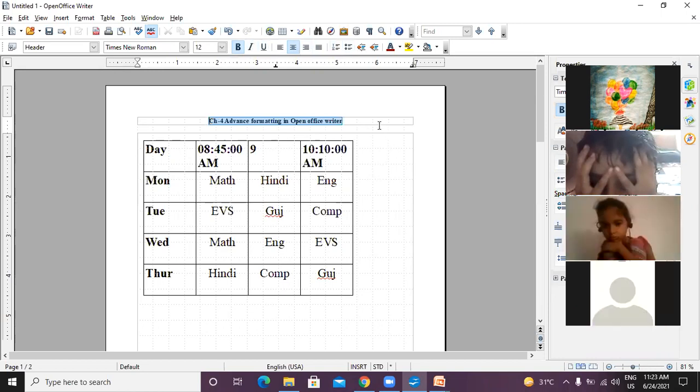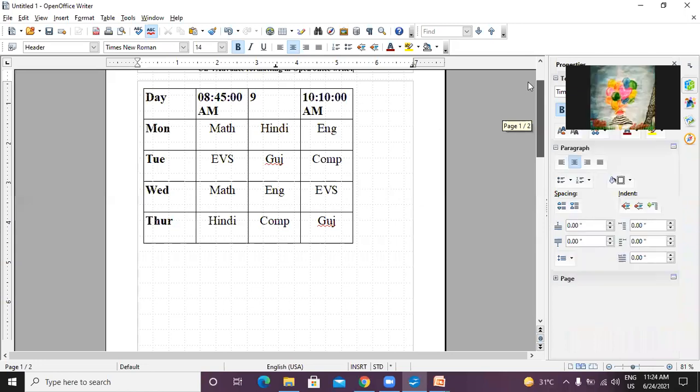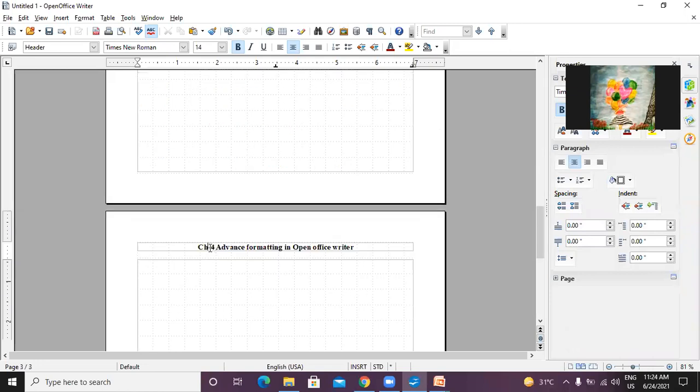Now I wrote only on the first page, but you can see here it has also come on the second page. I wrote only on the first page because it's a header. It will come to all the pages that will be added to the document. I will press enter and I'm adding the third page also. You can see on the third page the header is also there. Wherever you change it on any page, that will be displayed. My voice is not coming properly. Okay, now it's audible.